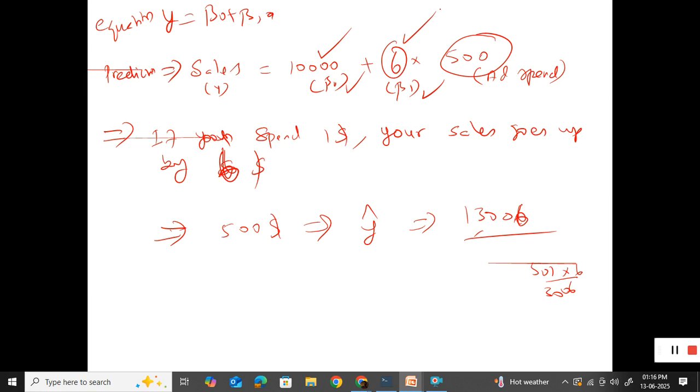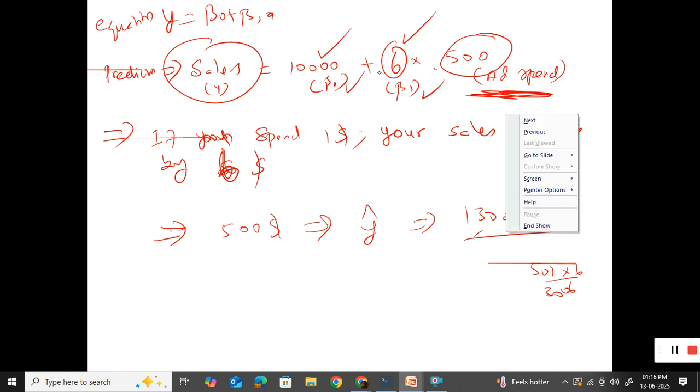If I have more than one independent variable, how am I going to interpret this? In this case, my result depended on just one independent variable. But if I introduce more, yes, I will just come to that. In this case, we have only one input feature used, the independent variable ad spend. So what if I have more than one independent variable? Because the sales can be predicted based on more than one independent variable also, correct?